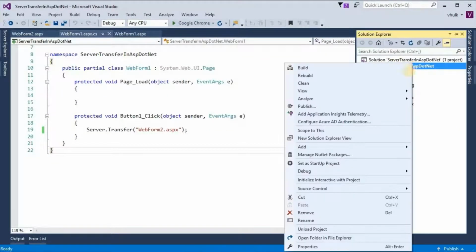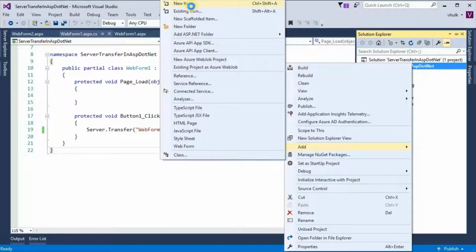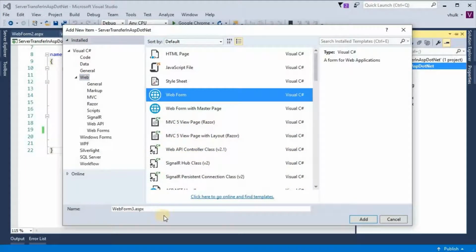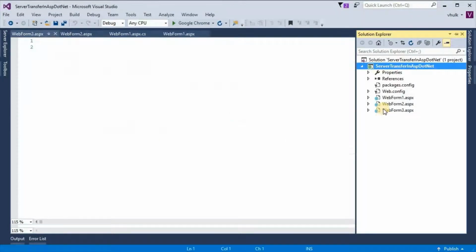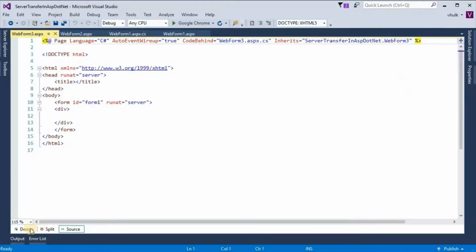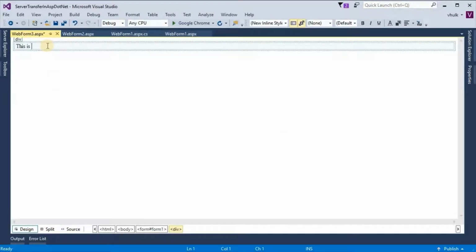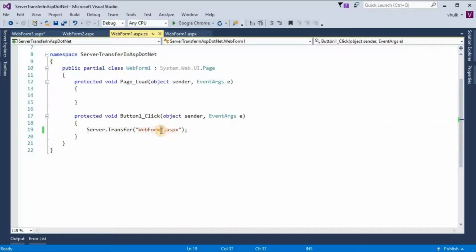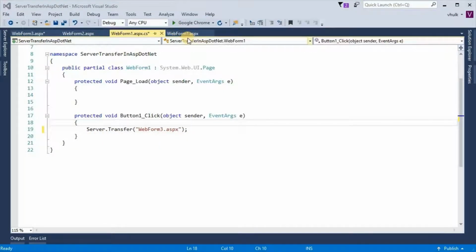Now, right click, add new item, add WebForm, WebForm3. And here also, this is WebForm3. And in click event, here WebForm3. Server.Transfer WebForm3.aspx. If we see in browser,